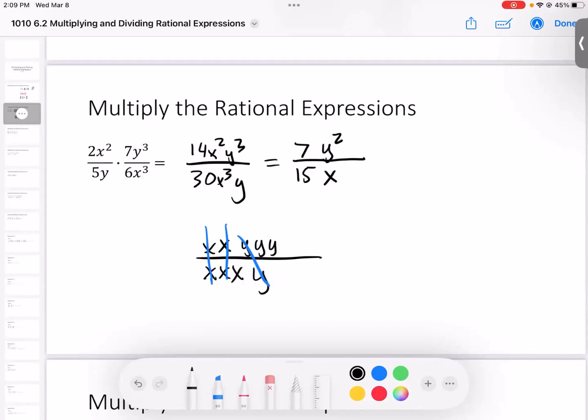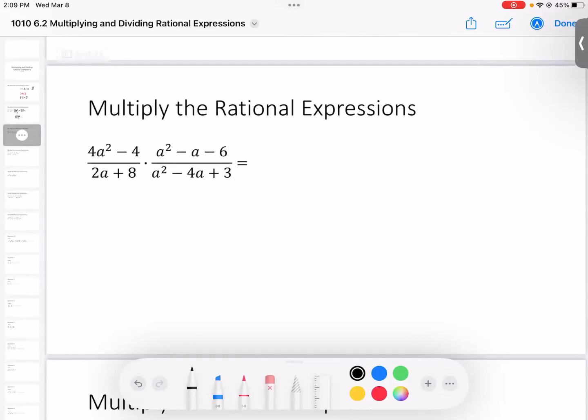So let's talk about how we would multiply polynomials like these ones. The process is still the same in the sense that we're going to take this polynomial and multiply by this polynomial to get the top, because when you multiply fractions, you just multiply straight across. However, one way you could do it is to distribute all of this and make this really super long, huge polynomial, but that's going to make it harder to reduce it and simplify our answer. So we're actually going to just leave it in this form, but we're going to get each of the polynomials